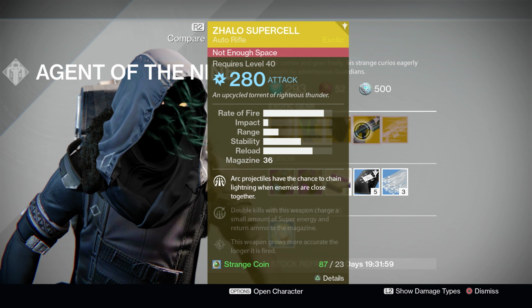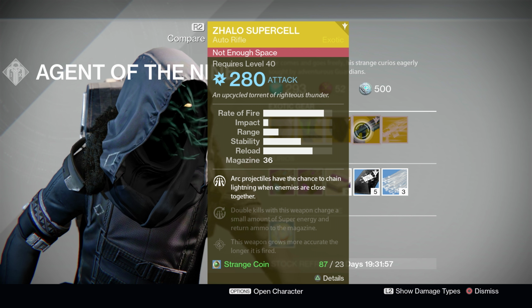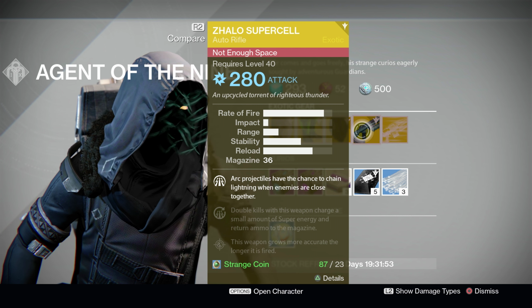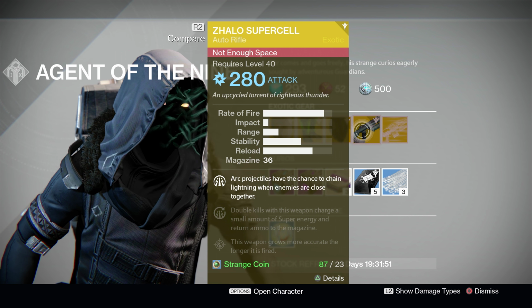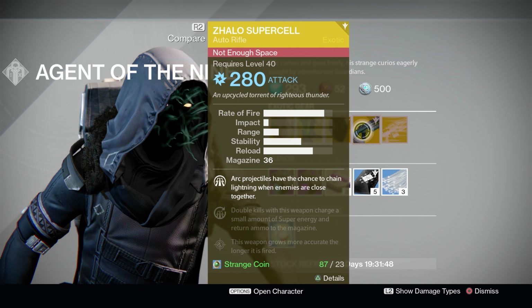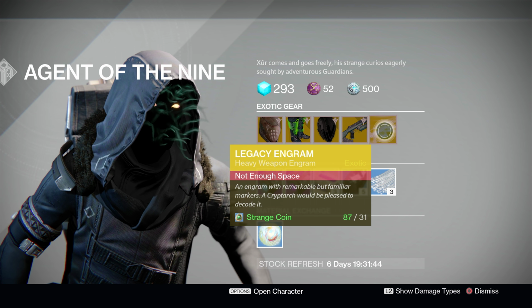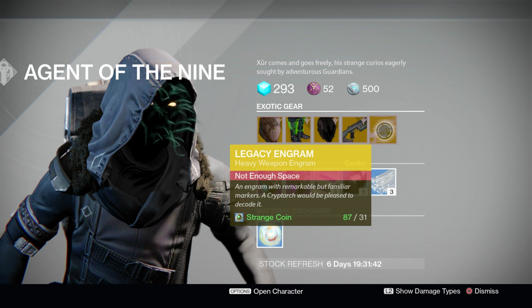But anyway, the Zhalo Supercell is available today. Definitely pick one up if you have not gotten one of these already. It's such a good auto rifle, and it's so fun to use. And then, of course, on top of all that, it's arc damage. Good stuff. But alright, moving on to the Legacy Engram this week, and this time Xur is offering a Legacy